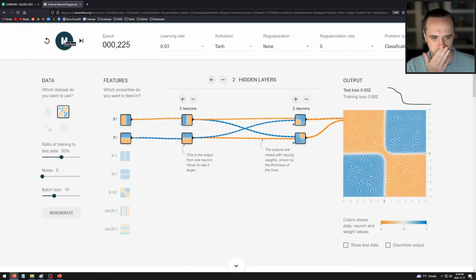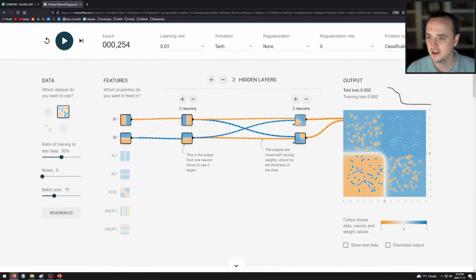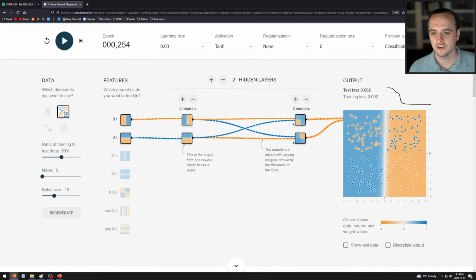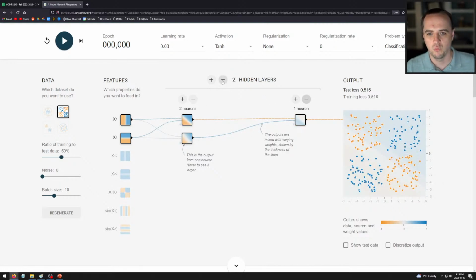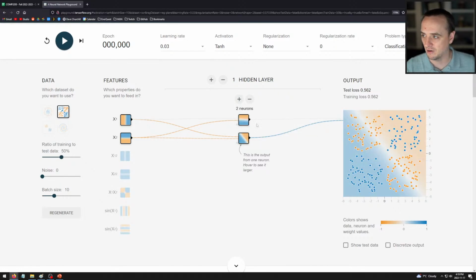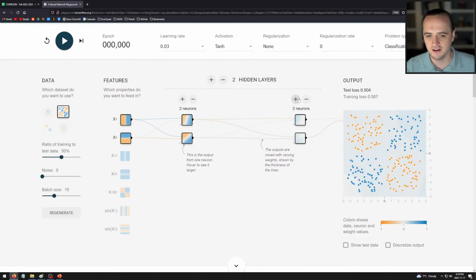So what's happening here? Instead of just drawing 4 lines, what we now are doing is taking the outputs of these lines and classifying on those. So the output space of the previous layer is now what's trying to be linearly separated by the next layer. So essentially, one layer is finding these patterns, and those are linear patterns with respect to the inputs. And then the next layer is trying to find linear patterns with respect to the previous layer. And so you have patterns on patterns on patterns.